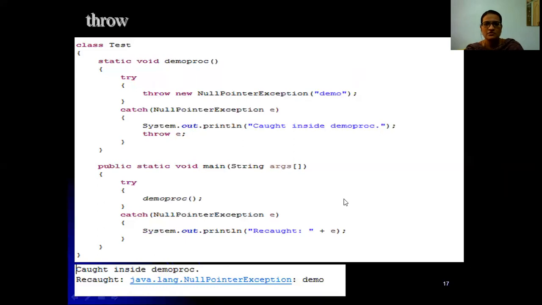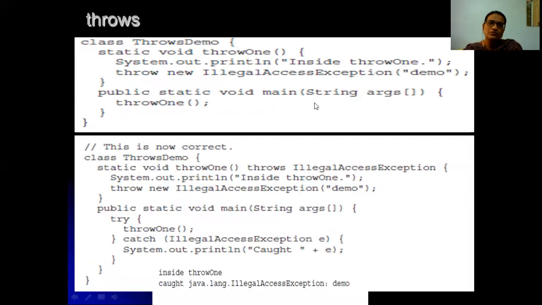Okay, so this is throw and throws. The throws clause is used with the method signature. A throws clause, or throws condition, is used with the method signature.